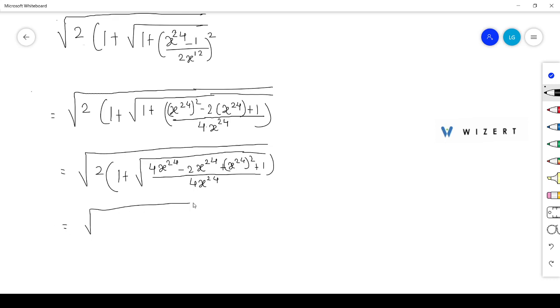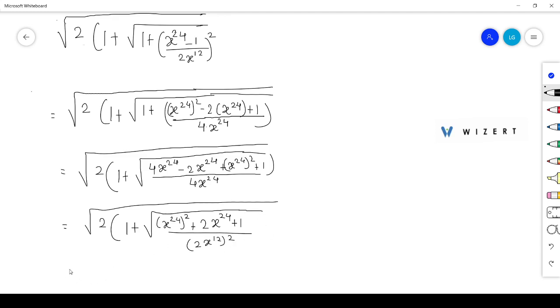So square root of 2 into 1 plus, this is square root of x to the power 24, its square, plus 4 minus 2 is 2 into x to the power 24 plus 1 divided by, we can write this again, 2 times x to the power 12, its square. Okay, this is bracket. Now